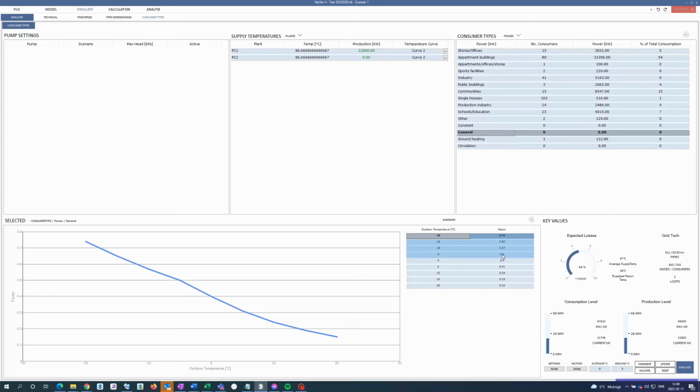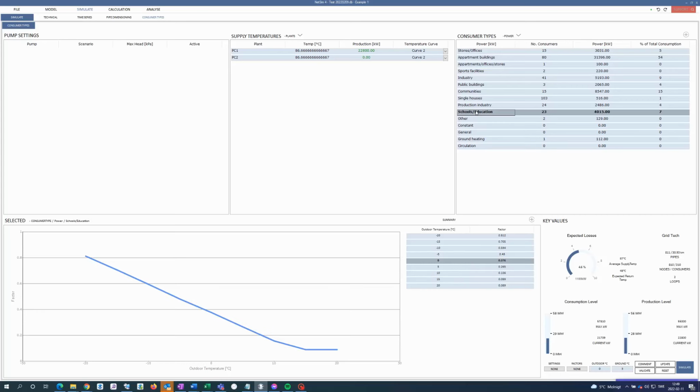But this tells us how much of the connected power that we should use at different outdoor temperatures. And since we calculate the grid as a whole normally and not every small consumer on its own, we have a combination of a simultaneity factor here. So that's why we don't go up to a 1, basically, because we don't have all the consumers using their full power at the same time. So we go up to roughly 75% or 74% at minus 20. We had 65% of the connected power usage at minus 15, and now at 0 degrees we have 0.4 or 40% then of the power usage. And we can set up different